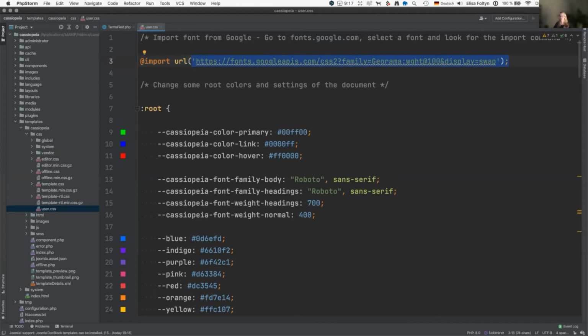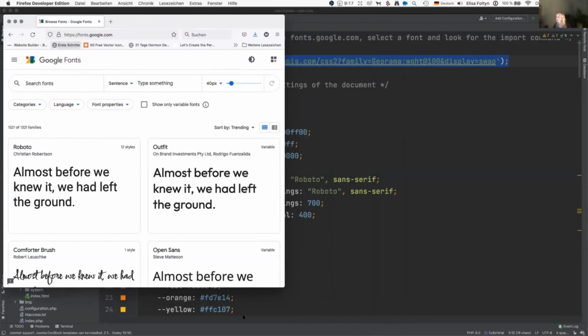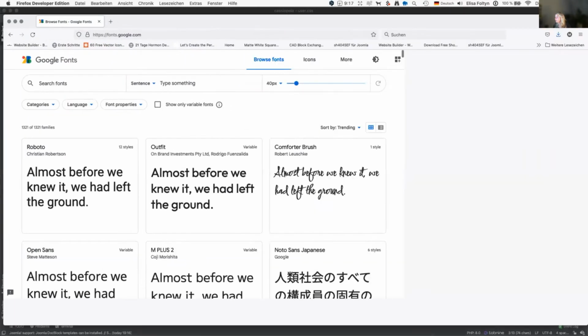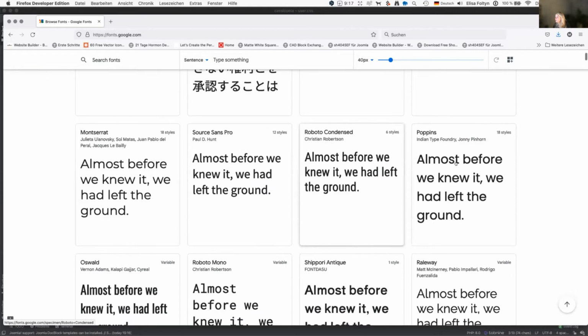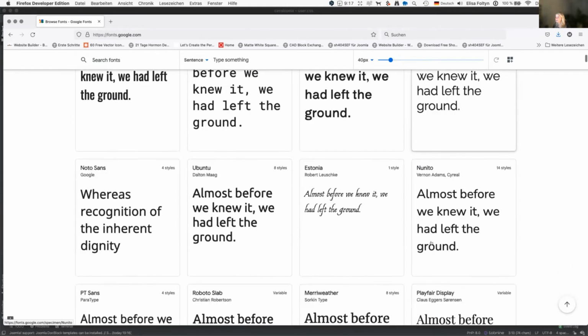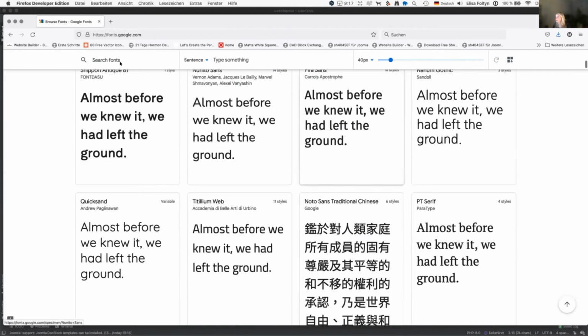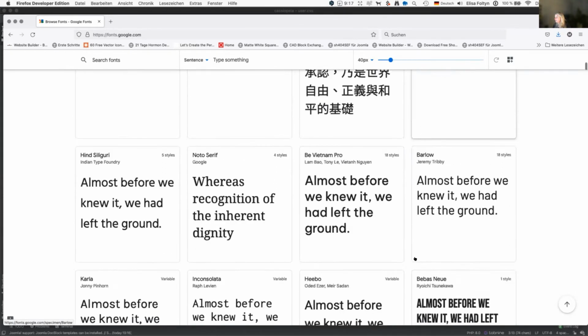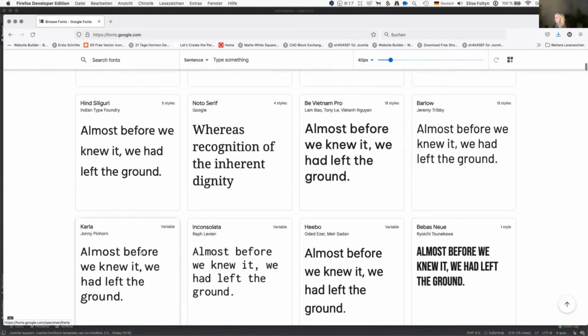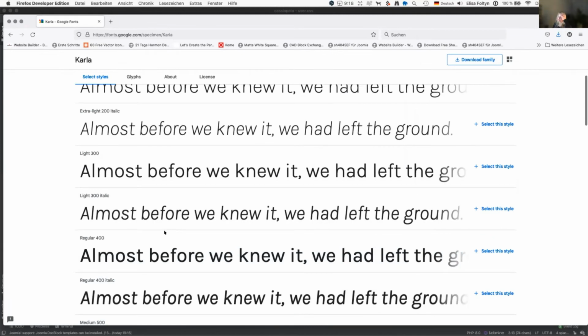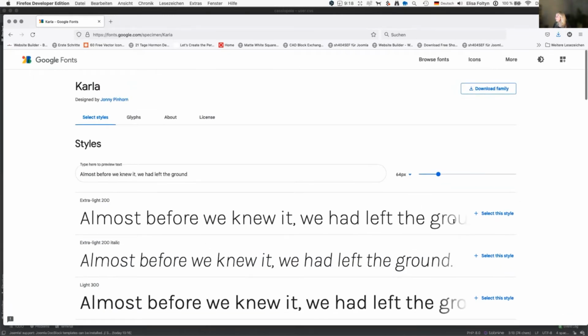You can find the code at Google itself. Let's open the Google web page quickly. If there's a font you want to use, maybe a color font, you have here the styles, and you can select which style you want to use later on